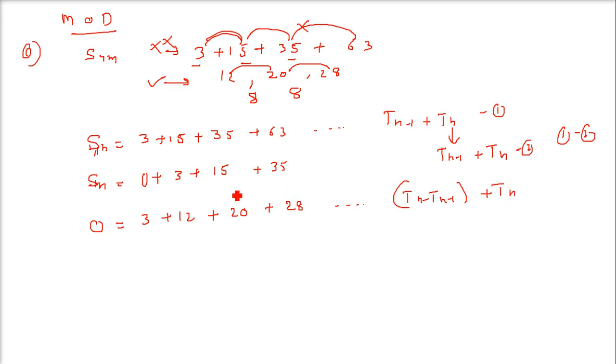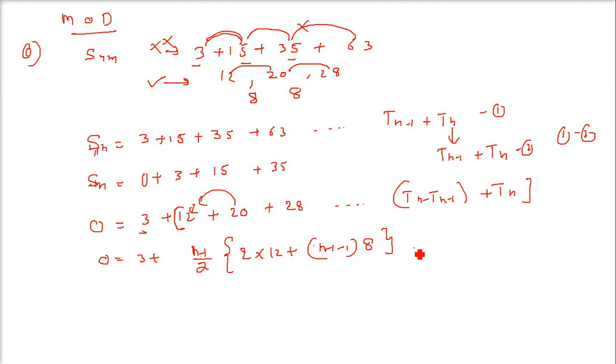Now from here, as I said, these terms from 12 to Tn are of course in AP. So let us find out the sum. 0 equals 3 plus n by 2, and since the terms up to Tn minus 1, one term is less, one is already taken, so we have n minus 1 by 2, 2a, where the first term is 12, plus n minus 1 into d, because the last term is n minus 1. What is d? 8.